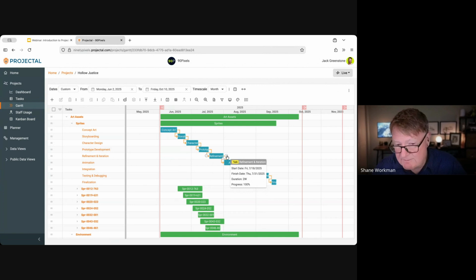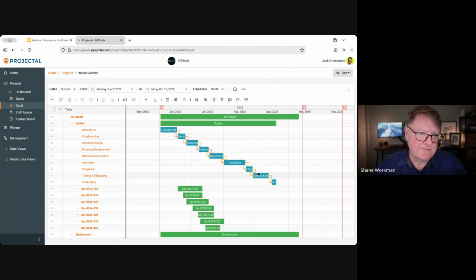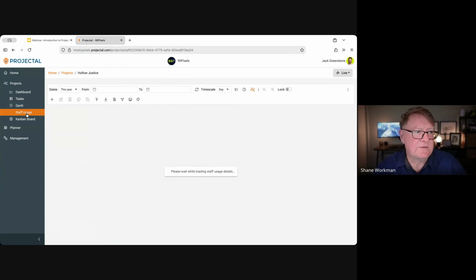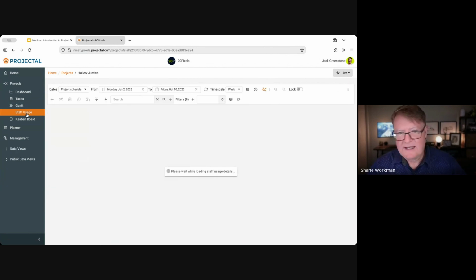So even though we're a web-based tool, you can jump in and change any of your dependencies just by drag and drop. So it works just like a desktop application on your regular computer. But you could be doing this on your tablet or your phone, or indeed on, as we're doing here, in our browser. Now, we also have a staff usage view, and this is very similar to,